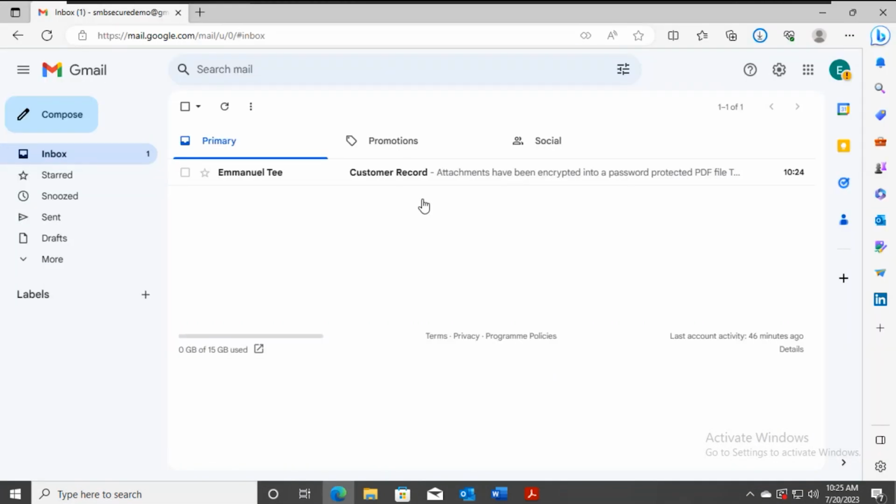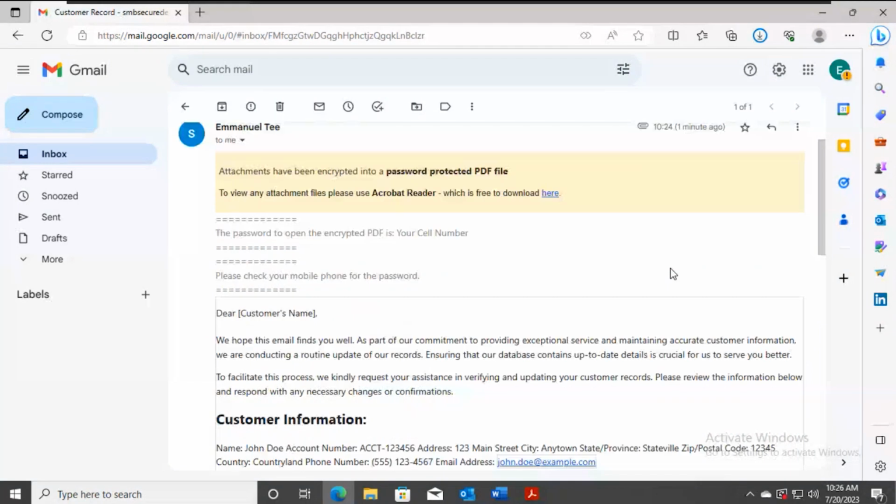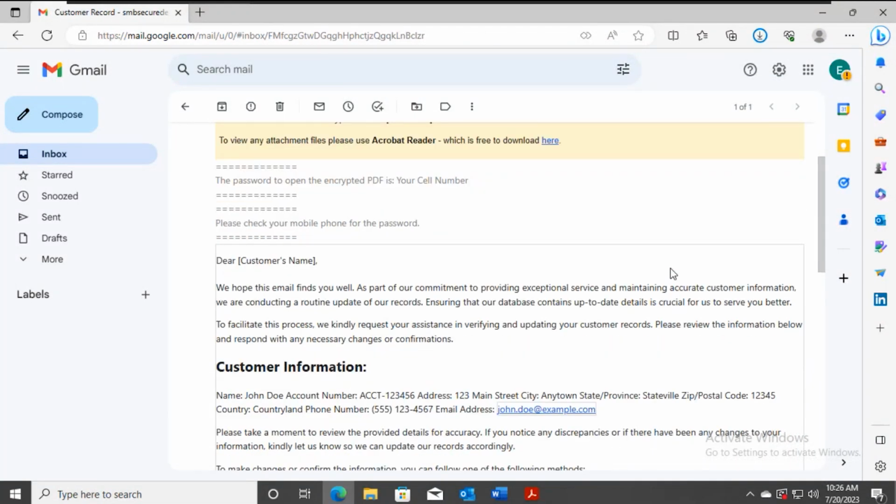All right, so this is now simulating the recipient side. So you sent it to a third party. Let's go ahead and open. As you can see, there's some header information just telling that third party that the attachment's encrypted. It will tell them where to go and look. If you sent that password by email or by SMS, then it will tell them where to find it. And in Emmanuel's case, remember, we said that the password to open the encrypted PDF was actually his cell number. So we just put the hint in there so the person knows, if that could be your ID number